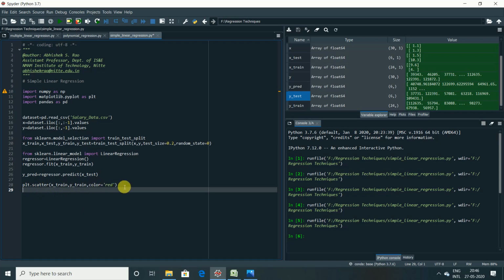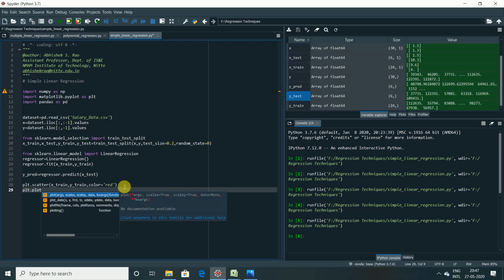Now we will have a predicted salary. The scatter will allow us to put the red points corresponding to the real salaries in the 2D plot. So we have to plot the regression line now, correct? The regression line is the line of prediction coming as close as possible to the real results. The points corresponding to the predicted salaries will follow a straight line, that is a linear line. So we will use the plot method instead of the scatter method. So how do we do that? plt.plot. Instead of scatter, you write plot. That's all.